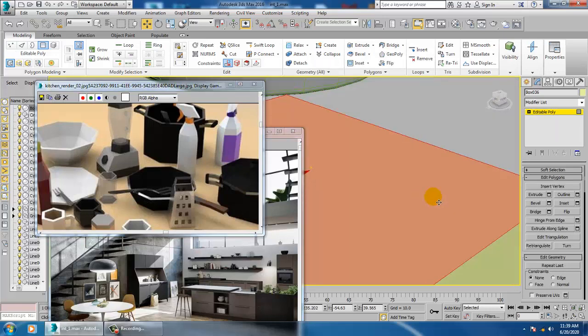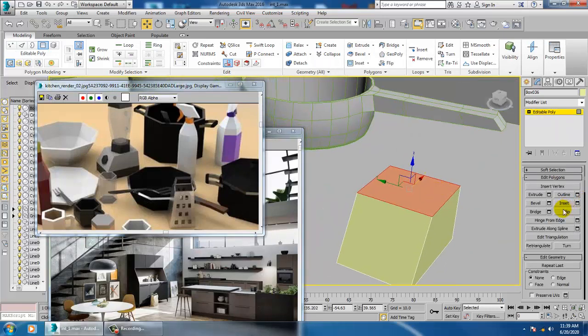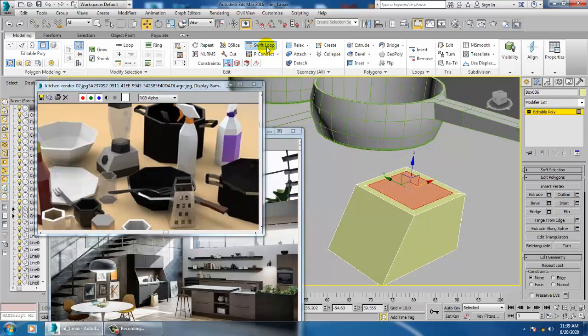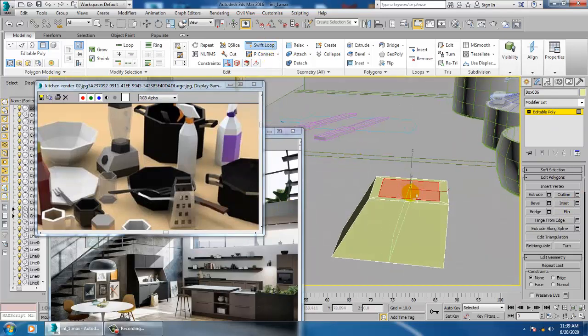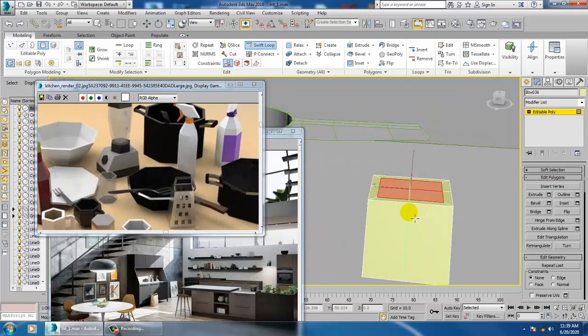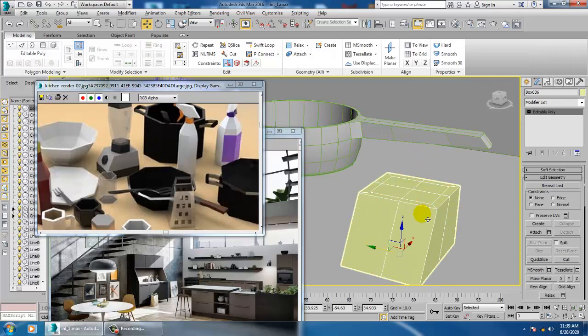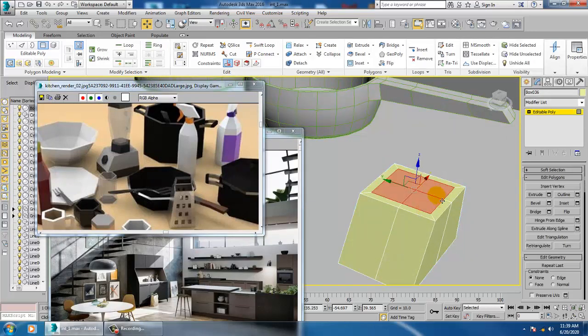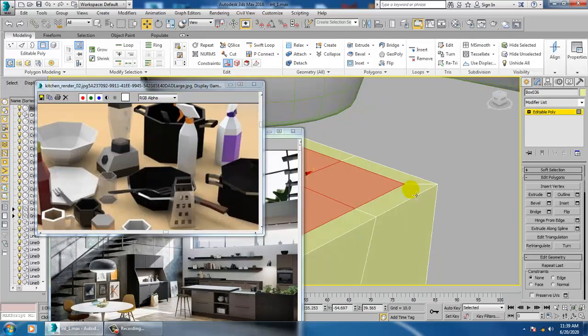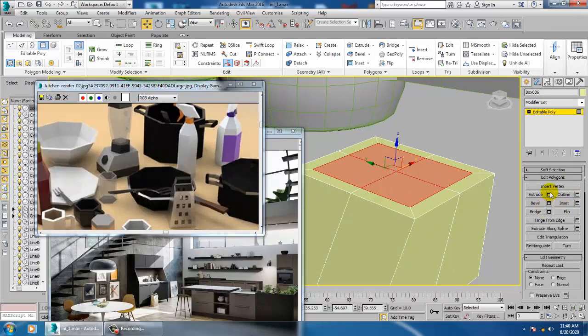Select the polygons again over here, use a bit of inset and add a swift loop over here and here. Extrude it a bit inside. Click OK.